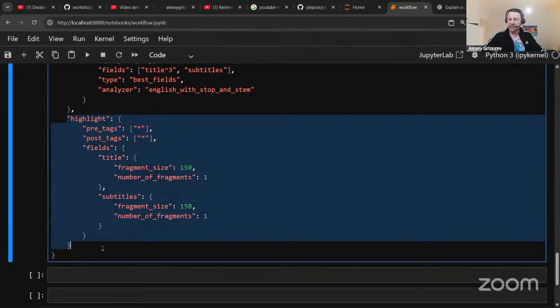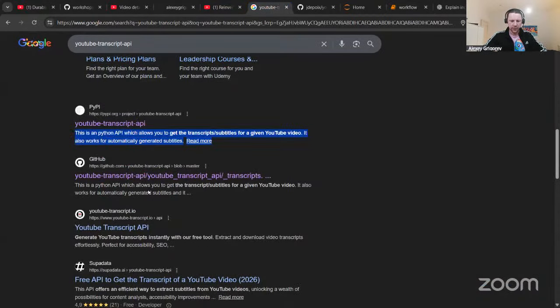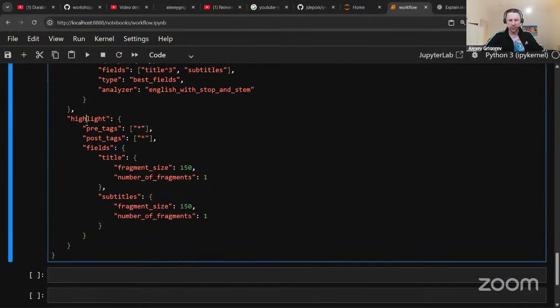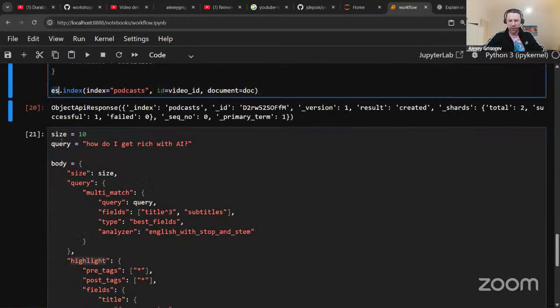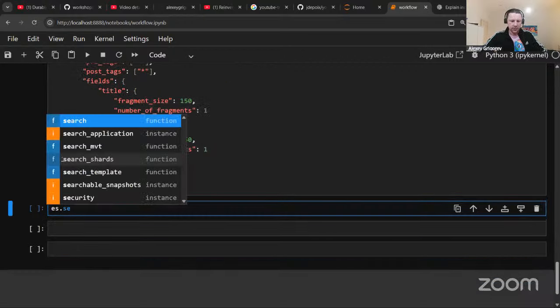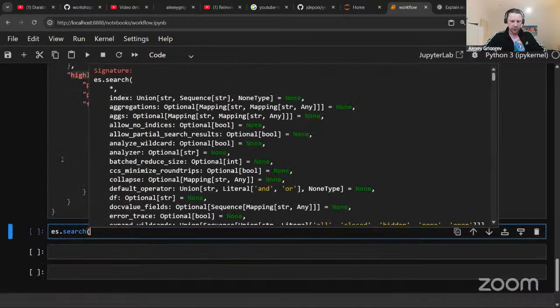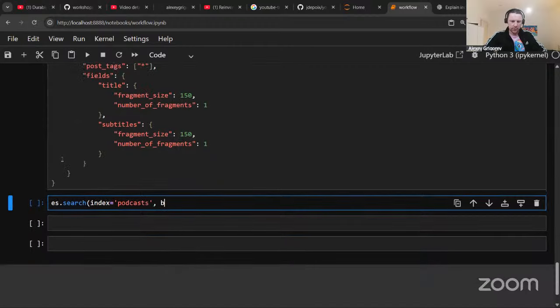We just want to see the highlighted snippet. When we Google something, we see the snippet, right? We don't see the entire document. So here in Elasticsearch, we want to do the same. We want to just see the important part, or the match part, and we don't want to see the entire document yet. And then I do Elasticsearch.search, index podcasts, and body,